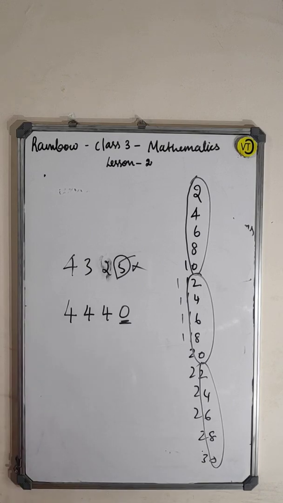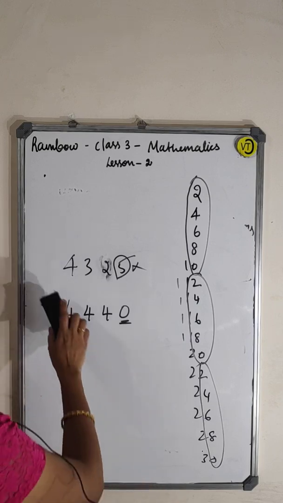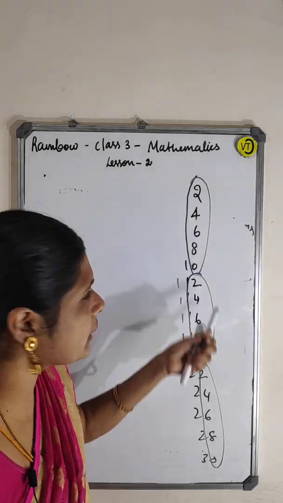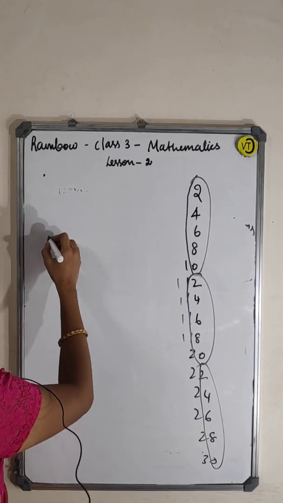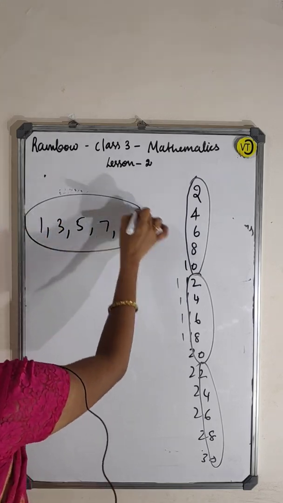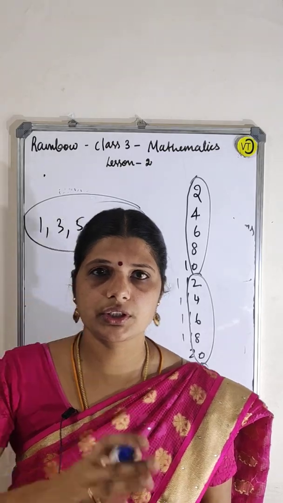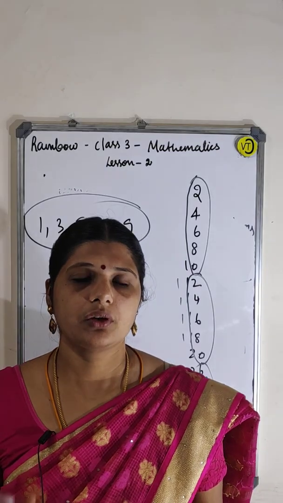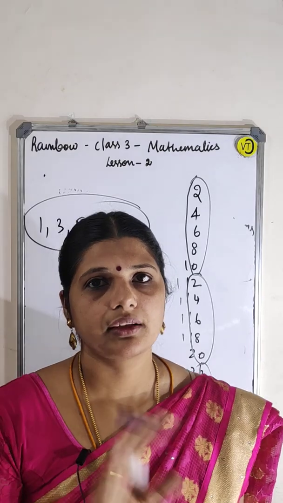Okay. Well, what about the odd numbers? Other numbers ending with 1, 3, 5, 7, 9. Okay, other numbers which are not in this 2 table, that is even, odd number. Now you tell me, odd numbers means what? 1, 3, 5, 7, 9. These numbers are all ending, that is the odd numbers. Okay, so 0, 2, 4, 6, 8, numbers ending like this, it is an even number. 1, 3, 5, 7, 9, the numbers ending like this, then it will be an odd number.